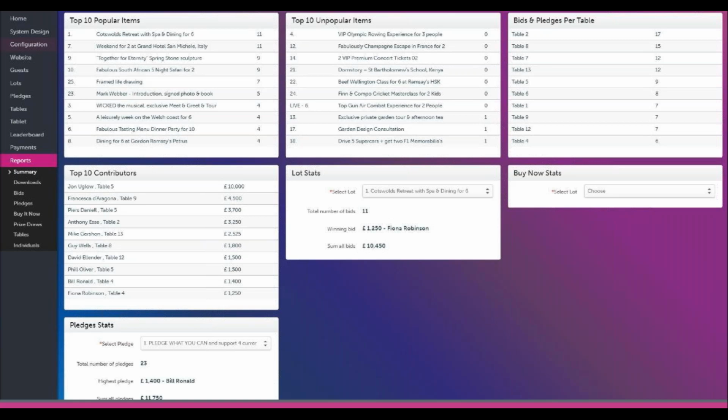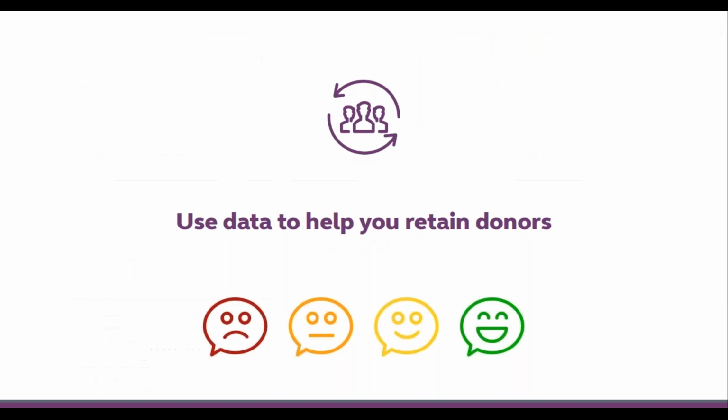So hopefully by this point, after reviewing all the data, you'll have a clear understanding of the when, the who, and the why. This will allow you to cater for those top contributors moving forward, and perhaps at your next event, increase engagement with those guests that might not have got as involved. And again, you'll be able to see that through the system as well. So over to Mia.